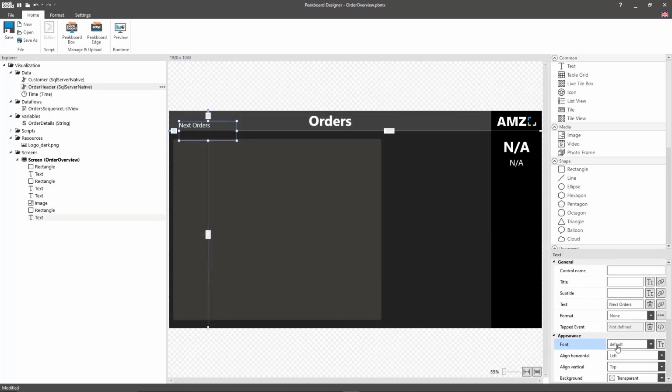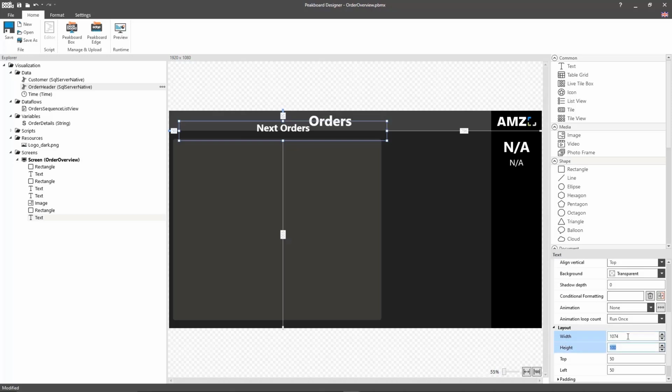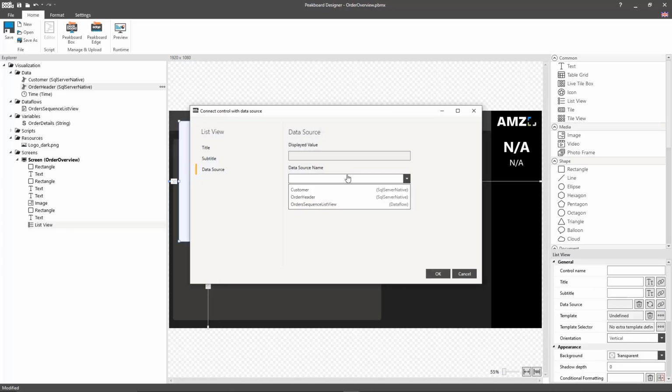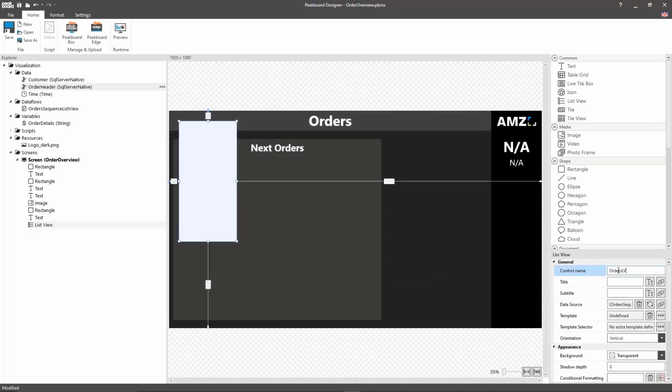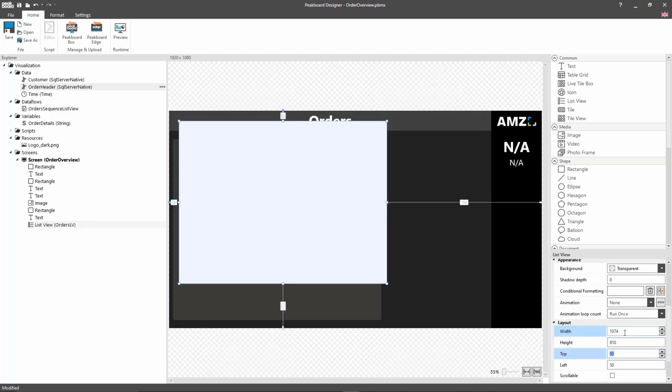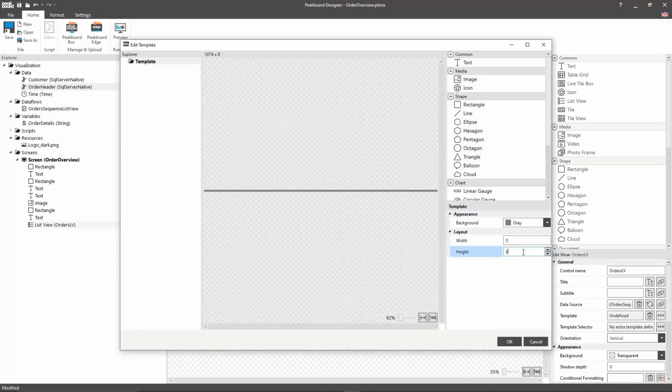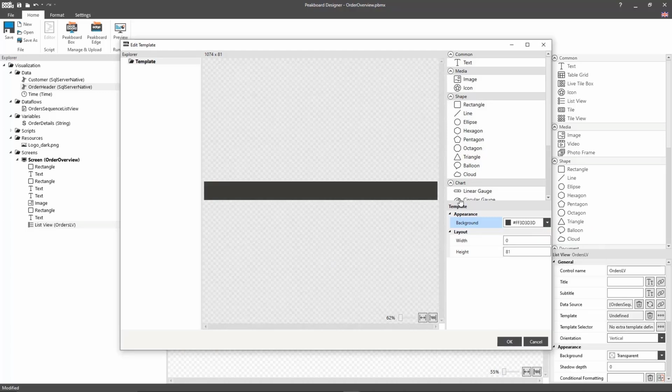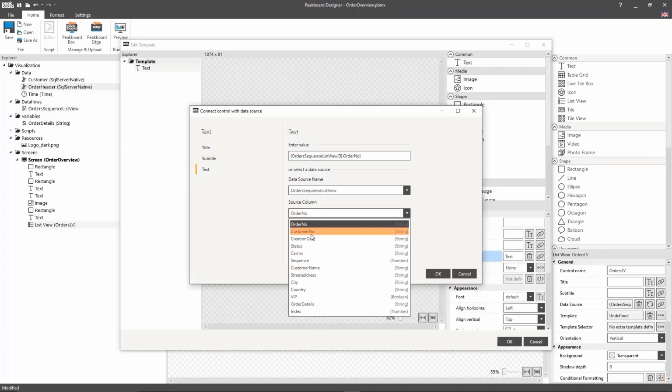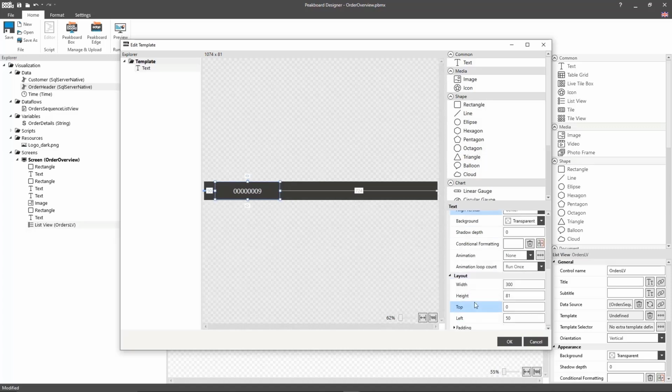For that, I'm going to create a rectangle which will get the heading Next Orders. Now, we're going to set up a list view inside the rectangle. I'll start by connecting that to the data flow that we just made. Then, I'll make my template, which should give us all of the rows from the data flow in the list